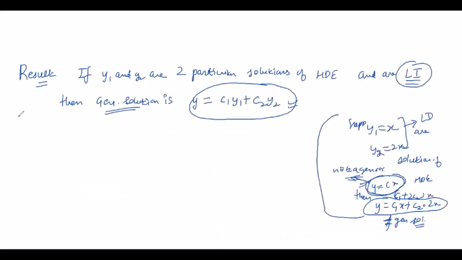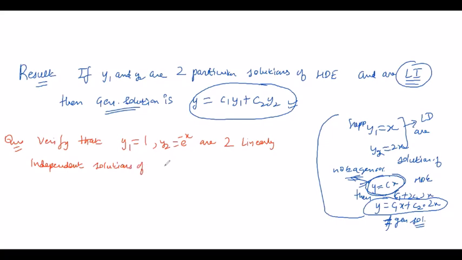So write down the statement of the question. Verify that y1 is 1 and y2 is e raised to power minus x are two linearly independent solutions of y double dash plus y dash is equal to 0, and then find the general solution of the given differential equation,